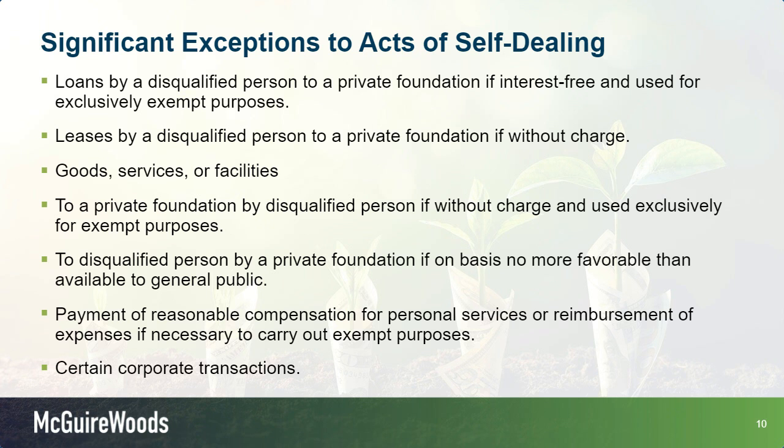But you can pay them because your services as a director are personal services. Interestingly, there's no guidance on that, but we've looked at it, and the IRS implicitly has said serving as a director is a personal service. So even if someone's a director and doesn't get paid to be a director, if they're, for example, also an employee of the foundation and doing grant making or overseeing that, that doesn't mean they can't be paid, but we've got to be careful about what's reasonable, and sometimes that would involve having outside